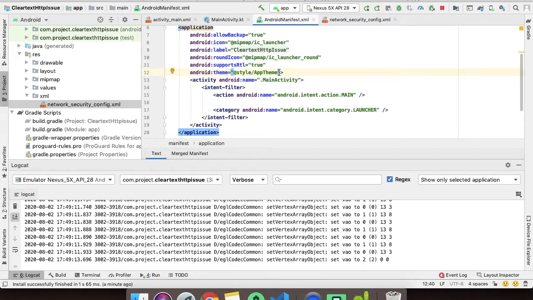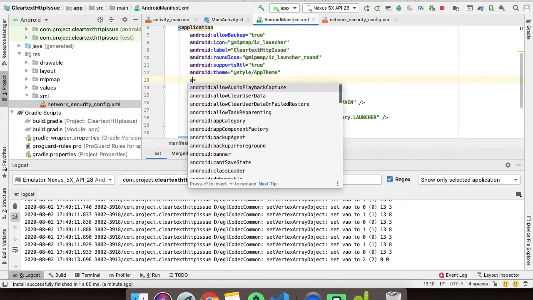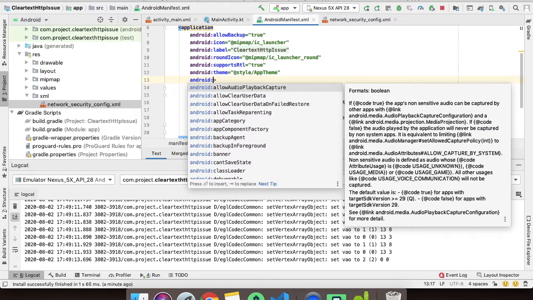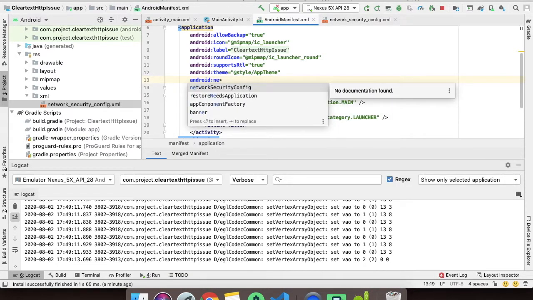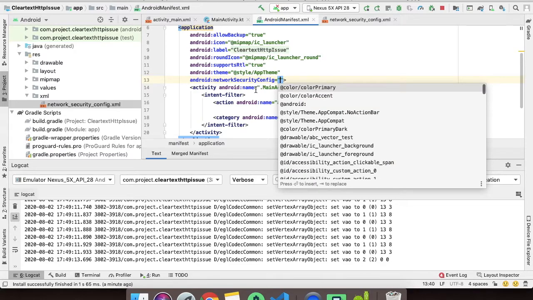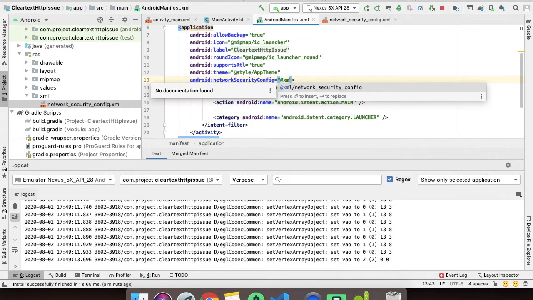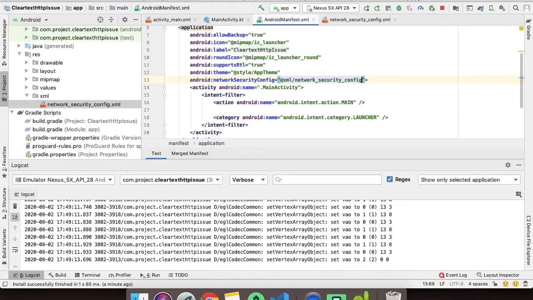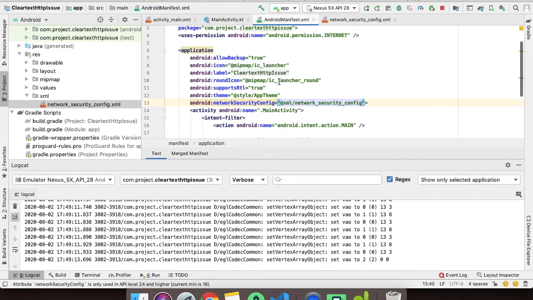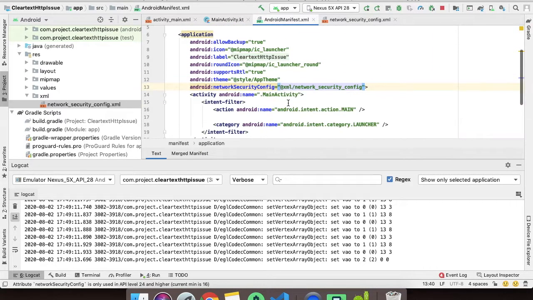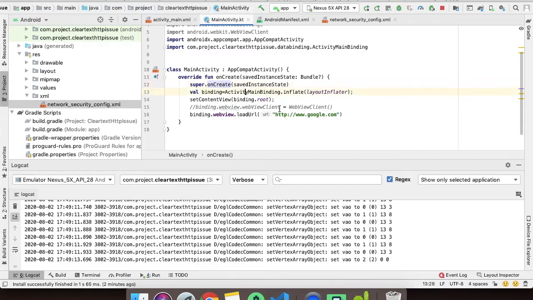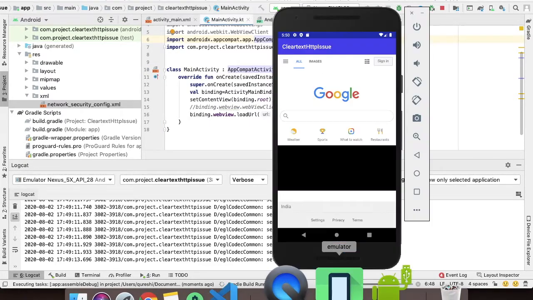So we'll try to add this android:networkSecurityConfig, the .xml and network security config. So as you can see, we have added the network security config file here, and we have reverted our HTTPS to HTTP back. Now we will run the application and see if it works or not.